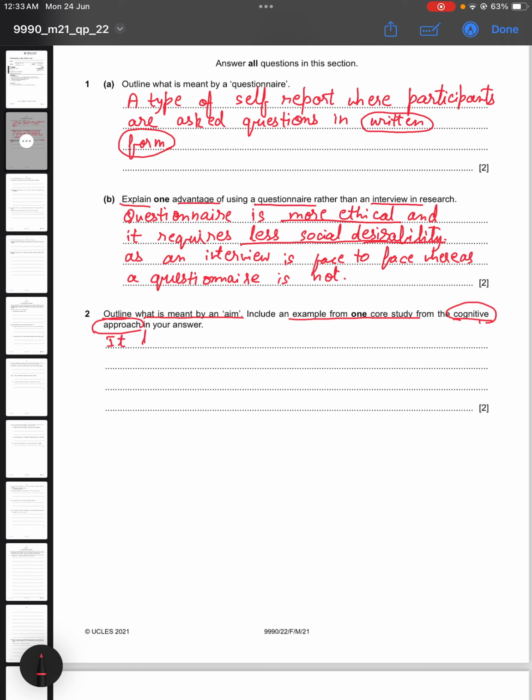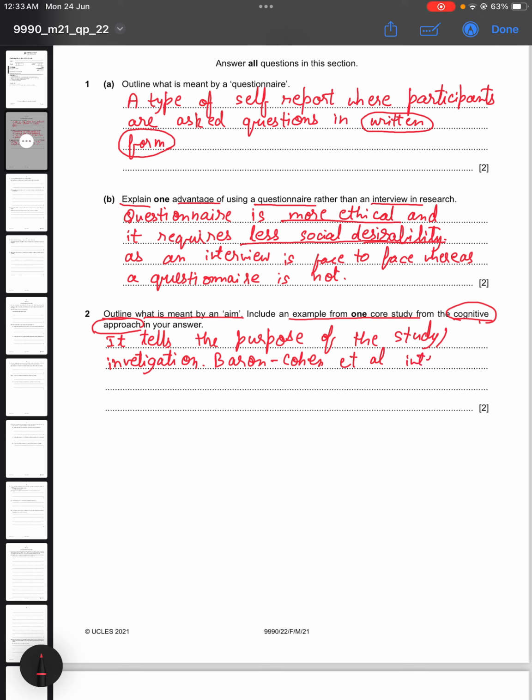it tells the purpose of the study or of the investigation. Or you can also write that it tells us what the study intends to find out or what the study shows us. Now for example, you can write from Baron-Cohen that Baron-Cohen